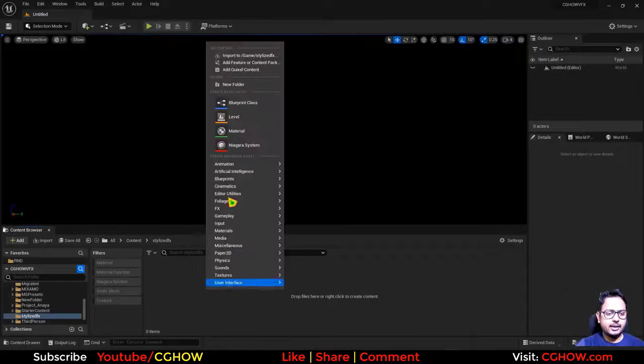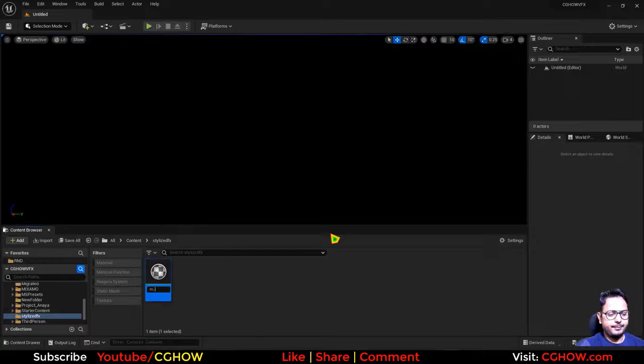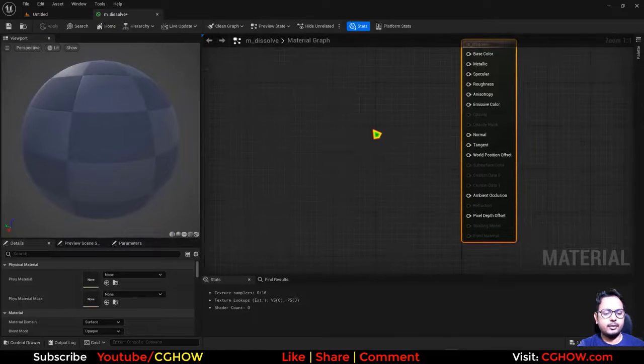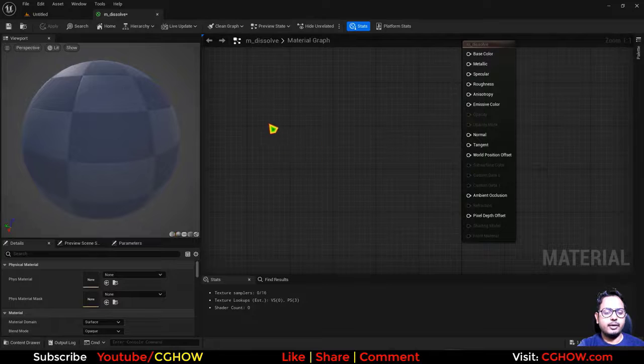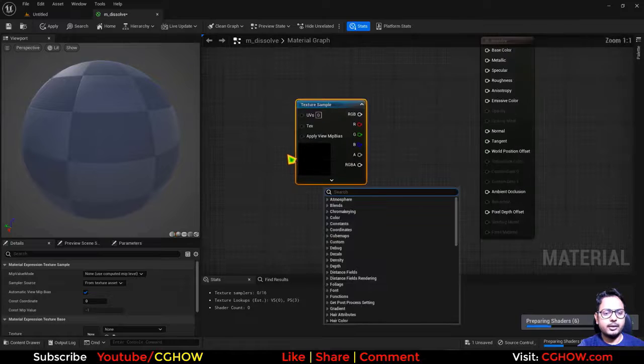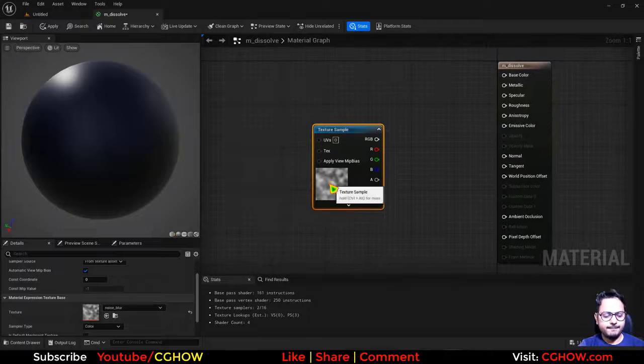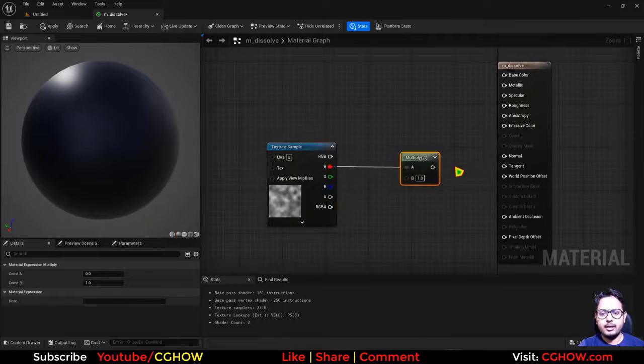Let's create something stylized. So I'll create a material and this doll, and let's open this. You need a mesh and then you need some textures. Like if I take first noise texture, my system is lagging today, I don't know why. So I'll just take a noise, a blur noise, and I'll multiply it and then